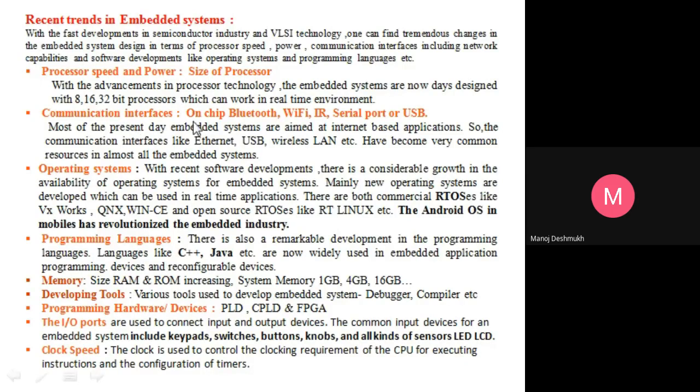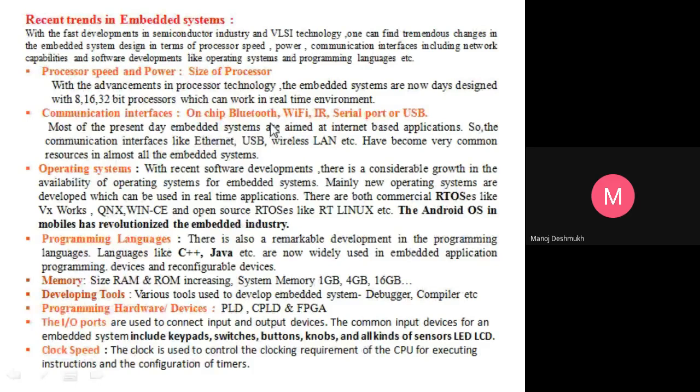After that, communication interface. Earlier only serial communication, that too asynchronous UART, was there. After that, synchronous. Then SPI and I2C; last semester we saw the communication protocols, serial peripheral interface and inter-integrated circuit, I2C. But these are wired communication protocols. Nowadays we interact with other devices wirelessly, without directly touching or contacting.